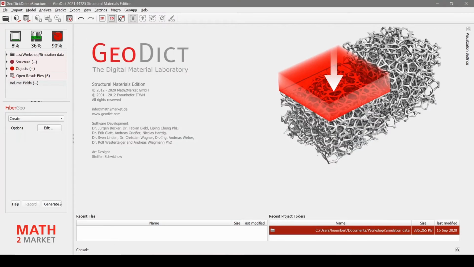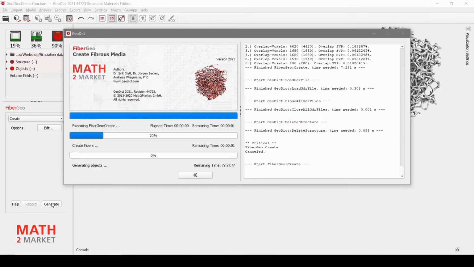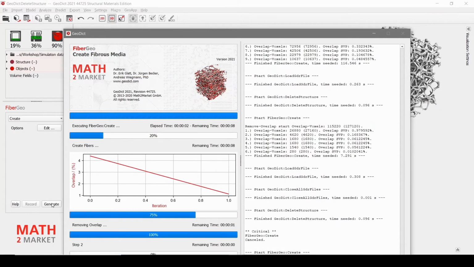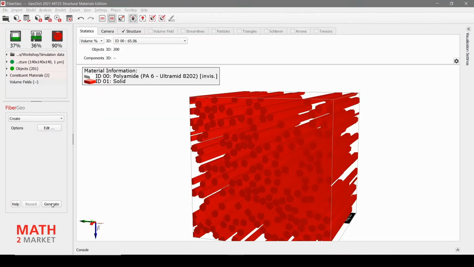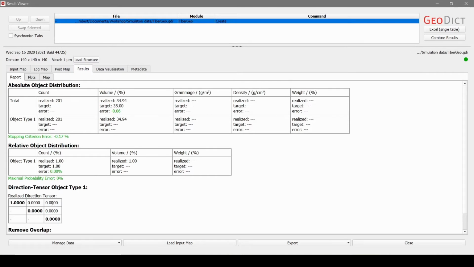And after that, we click Generate. You can see that in this simple case, the generation is really quick. It's already done, and here you can now see this result viewer. The result viewer gives you some information on the generated structure.